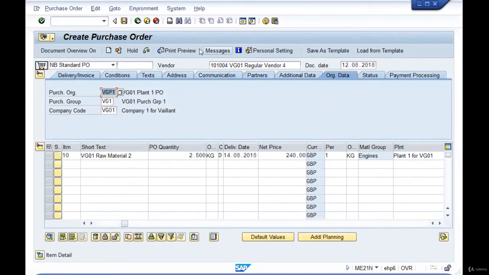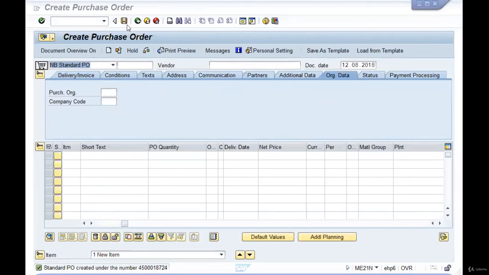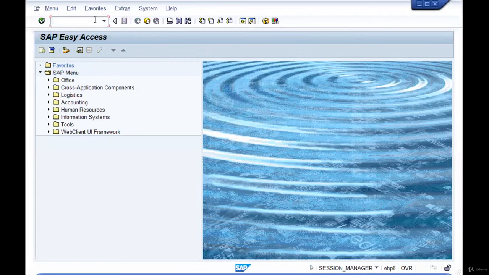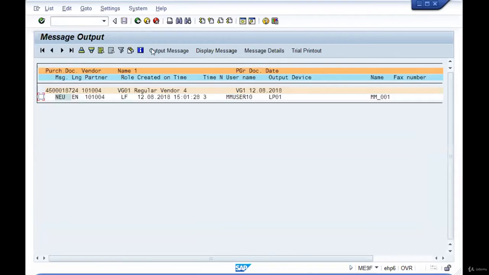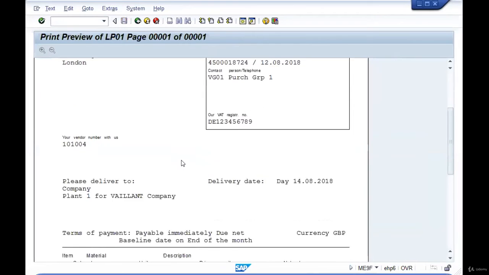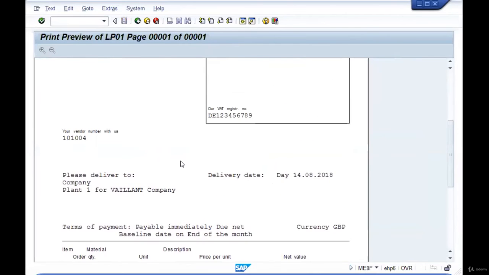Okay. Click on check, and if there are no errors, click on save. Again, you go to ME9F to send the document to the vendor, and select the document, display message to see how the document will look.